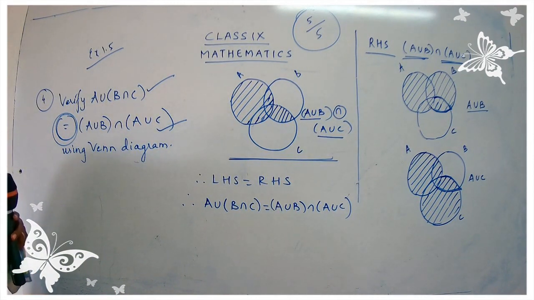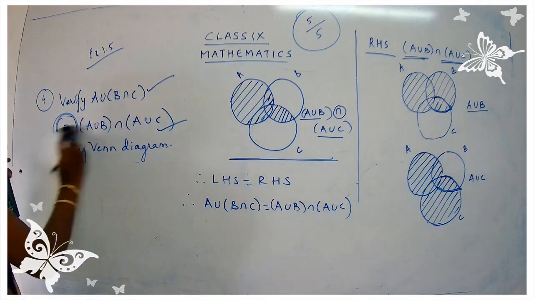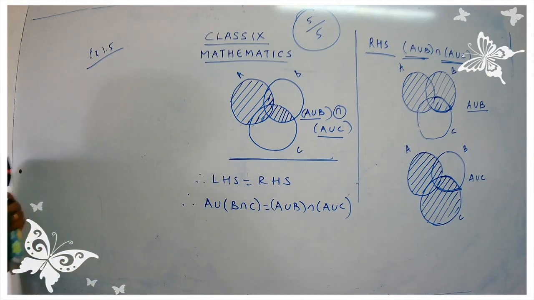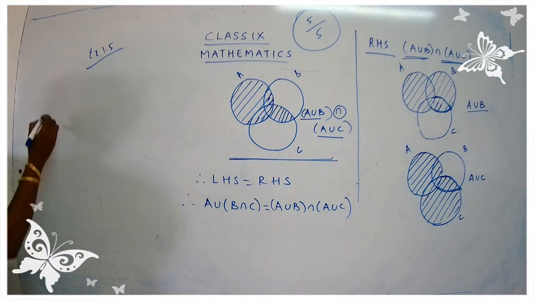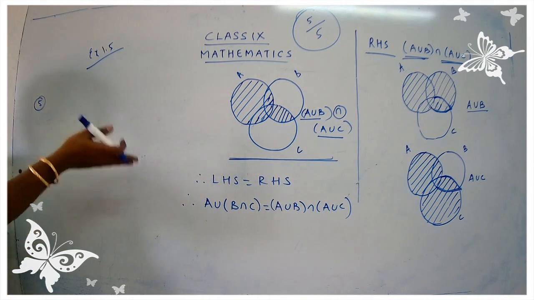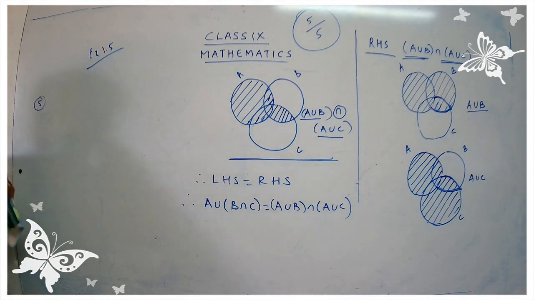Okay, shall we start with the next sum? Now you are going to take down the 5th question. Take down sum number 5. I have given you a lot of time. I have just explained you very slowly, so you would have completed. Now take down question number 5. They have given you 3 sets over here. Take down the 3 sets.